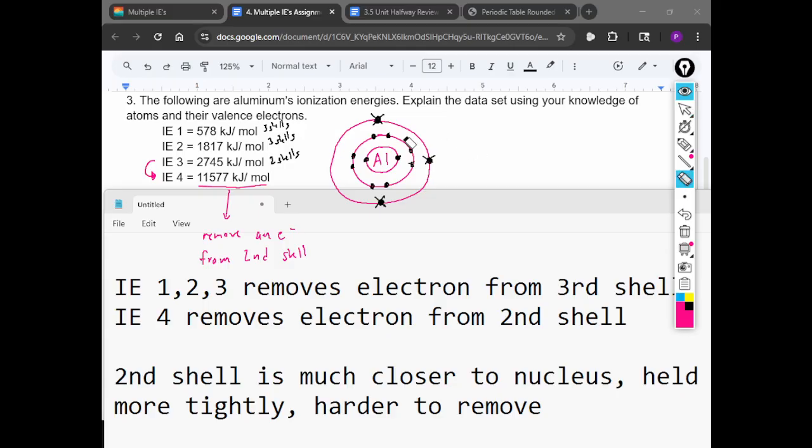For IE 1, 2, and 3, you're taking away these three from the outside shell, which is relatively easy to do because they're further away. But once you try to do IE4, you try to remove that fourth electron, you start trying to take it away from one of the inside shells, which is much closer to the nucleus, and so it's going to be really hard to take away that fourth